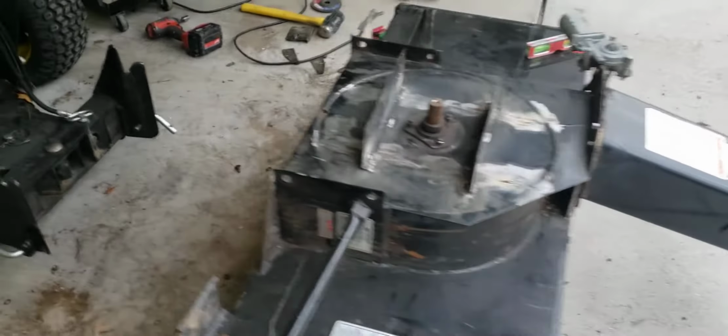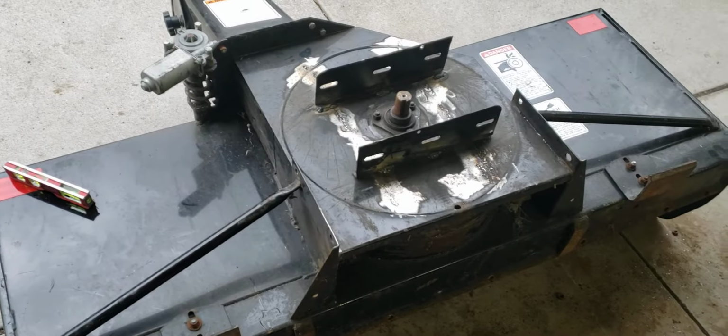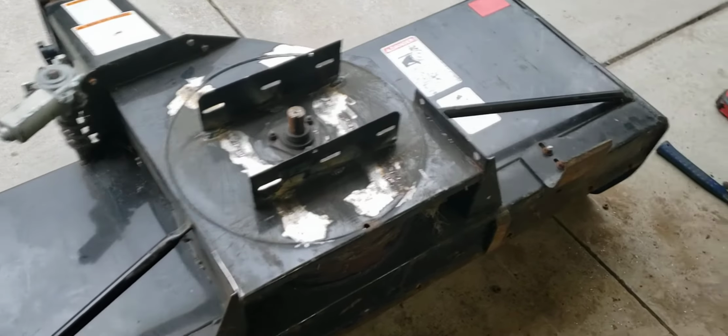I'm hoping this works. I picked this blower up for not too bad of a song. It was $600. It came with the harness and all that for that zero turn that I'm not going to use. All I wanted was the blower. So my hope is that I can get this going, test it out on a couple storms, see how well it works. If it works out well, I'm going to offload my 47